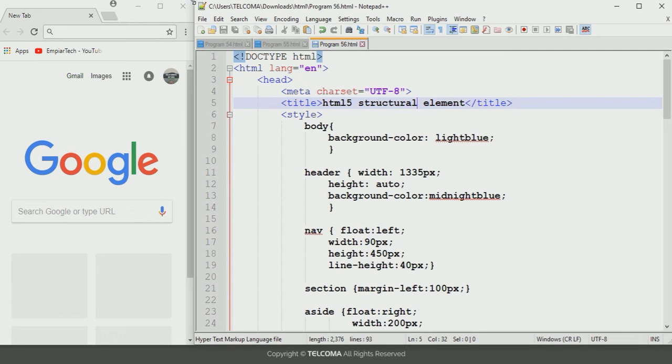So today we are going to discuss the HTML5 structure elements. In previous lectures of HTML5 about the structure elements, we have learned about the header, navigation, main, and footer elements. So in this class we will learn more HTML5 structure elements. These elements are the section element, the article element, mark element, summary element, etc. So let's discuss these elements one by one.